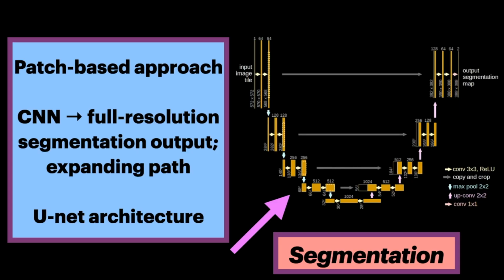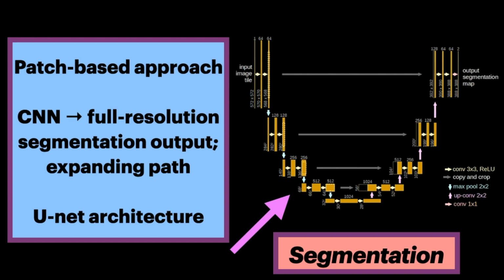Next is segmentation. There are 2 deep learning approaches to image segmentation. The first is a patch-based approach where the center pixel of a patch is classified. The whole segmentation map can be obtained by applying the model in a sliding window fashion over the whole image and progressively building the output segmentation mask by segmenting the central pixel of each patch. This simple approach requires many model evaluations to obtain a segmentation map for a single image and thus is computationally